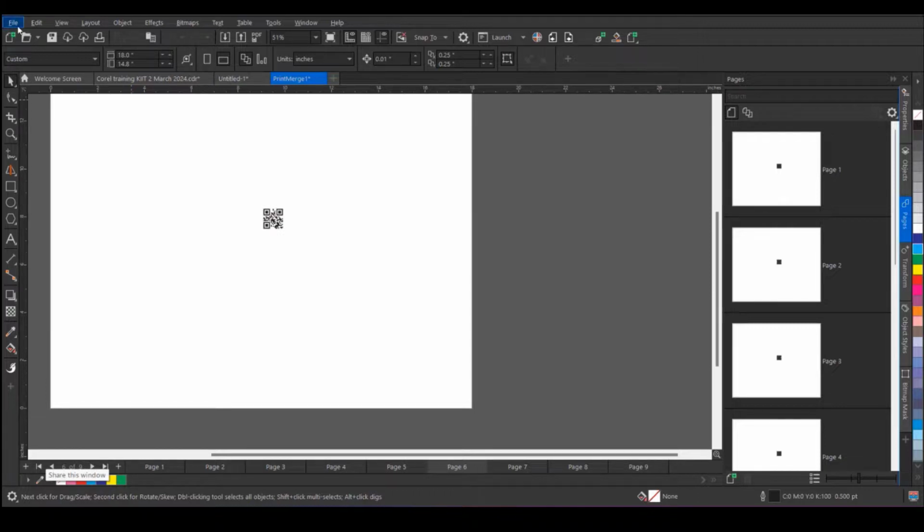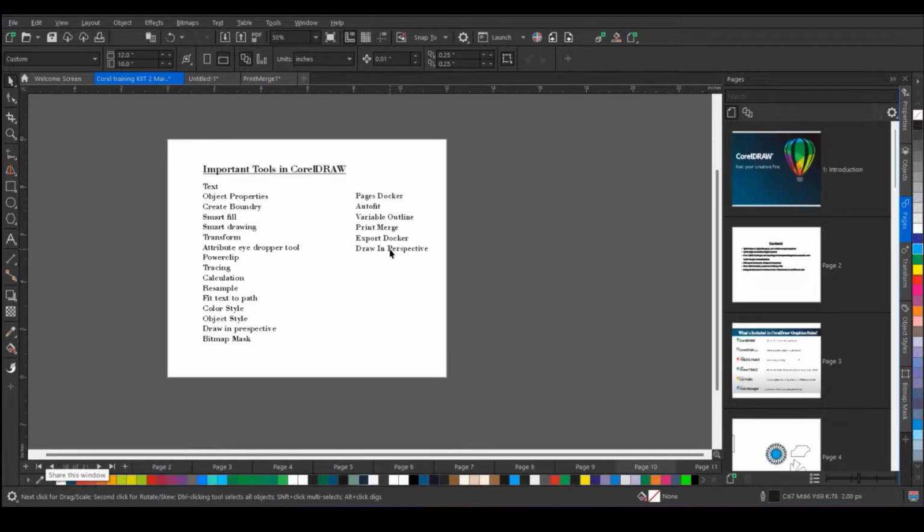I've created individual tutorials also for each topic, like I've created for print merge also. So drawing perspective we have already covered. Now we are left with the Export docker. Export was there since version 1, but with the help of the new Docker feature, you can export multiple files,